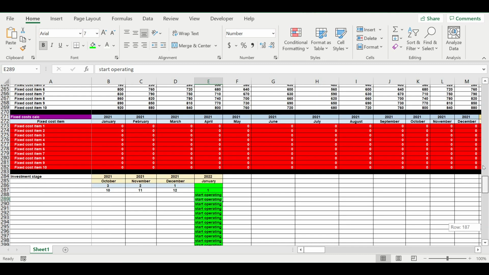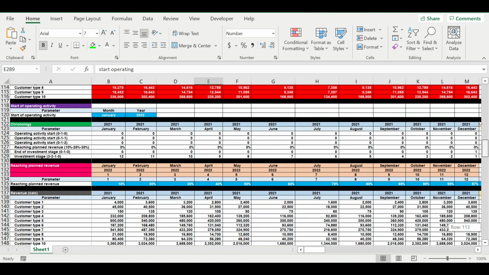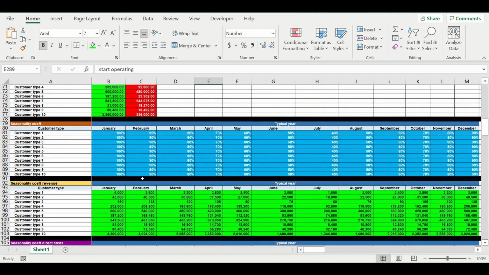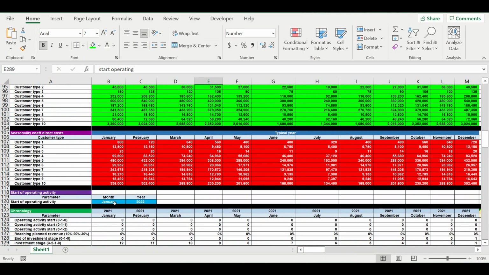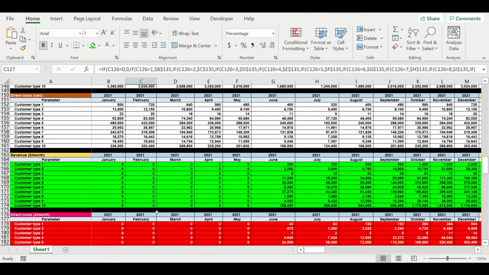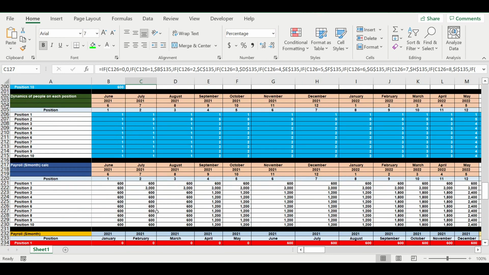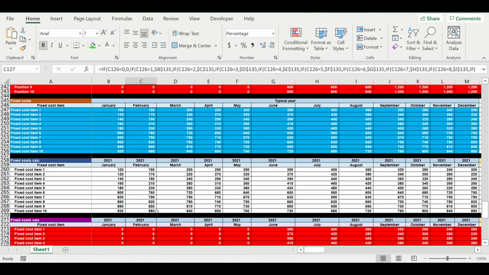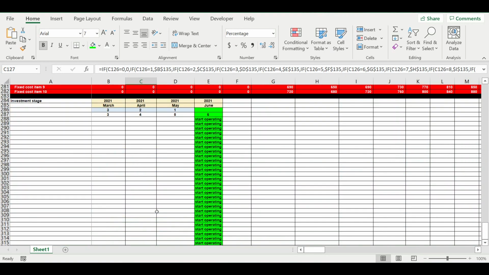For example, if we adjust the moment to June 2021, so here we see June, then we see the month before June, then we start